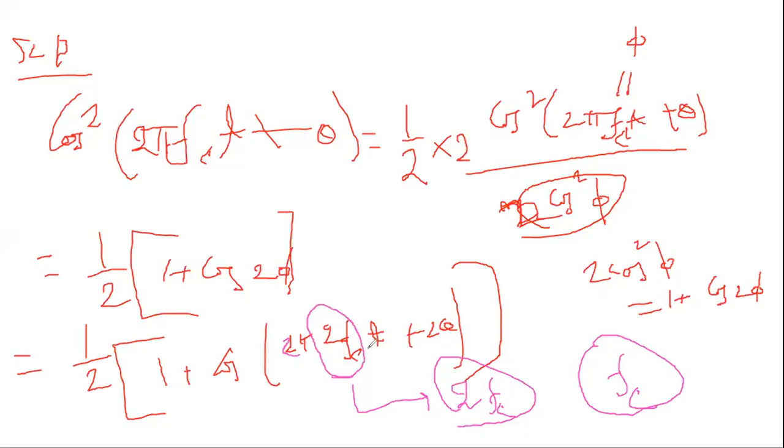Now you have double frequency, isn't it? So now it is clear. Is there any doubt? So what do we get here? Cos 2 pi 2 fc, isn't it? Plus theta. The double frequency signal is received here, plus maybe 2 theta, no problem, that is the phase part. So the frequency is double here.